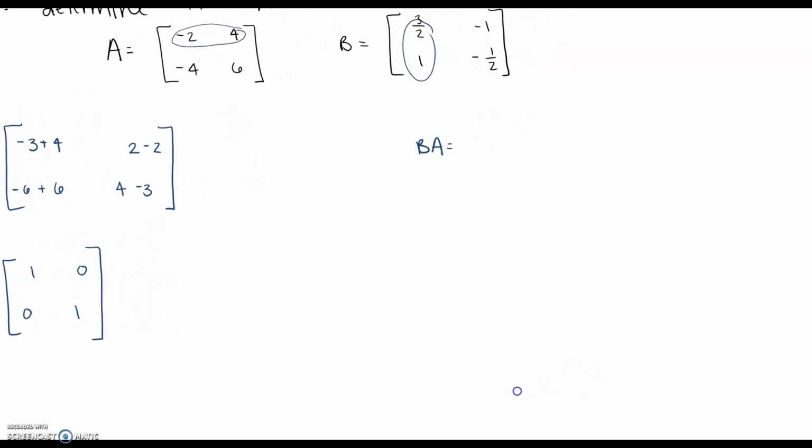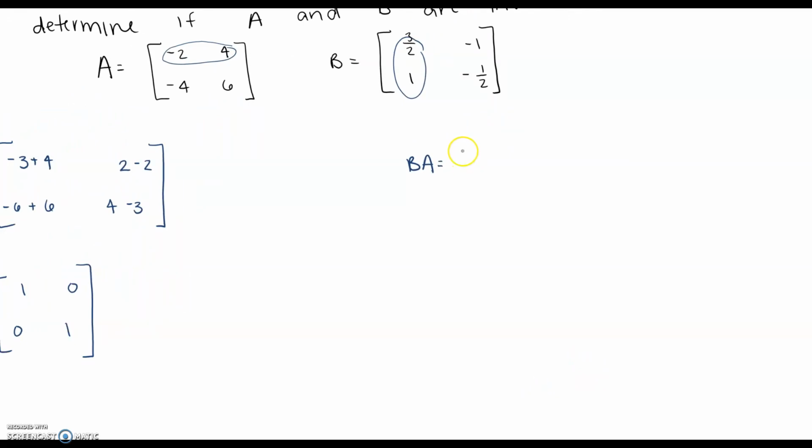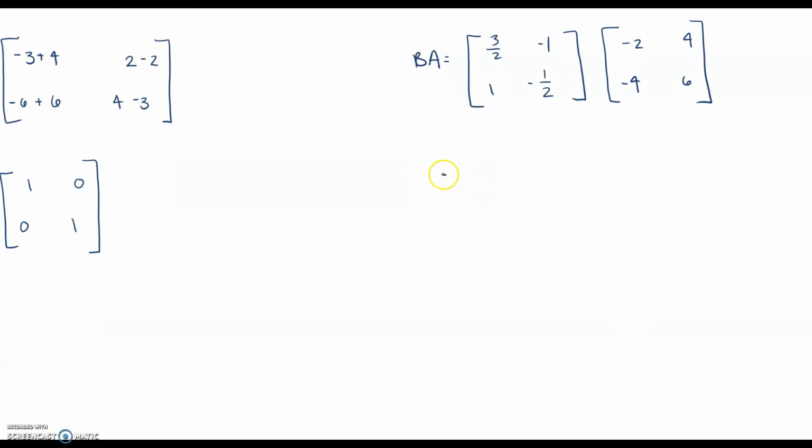Now we need to do BA. Because this order isn't an easier way, I'm going to rewrite it real quick. So I got 3 halves, -1, 1, -1 half, times matrix A, which is -2, 4, -4, 6. And now let's multiply, and hopefully we get the identity matrix. So 3 halves times -2, -3, -1 times -4, +4. 3 halves times 4, 6. -1 times 6,